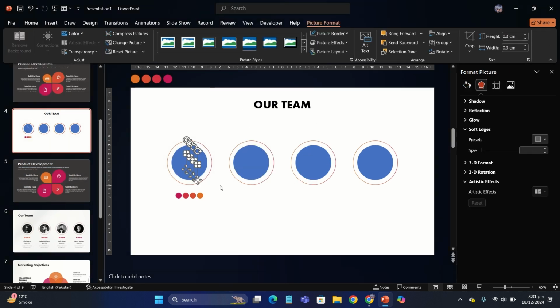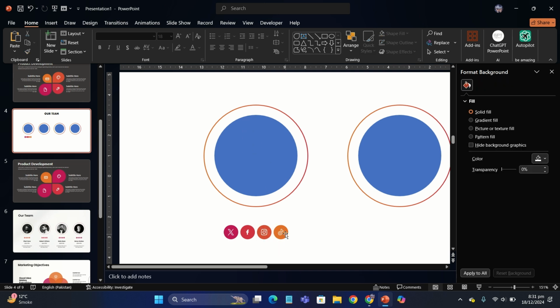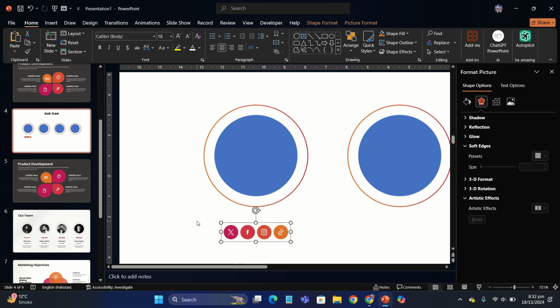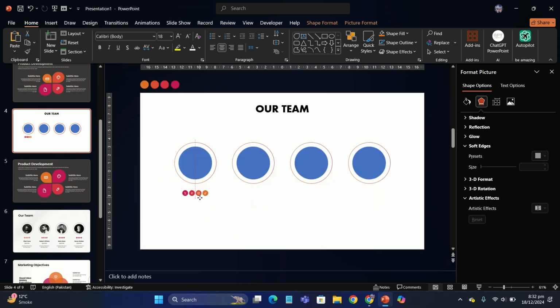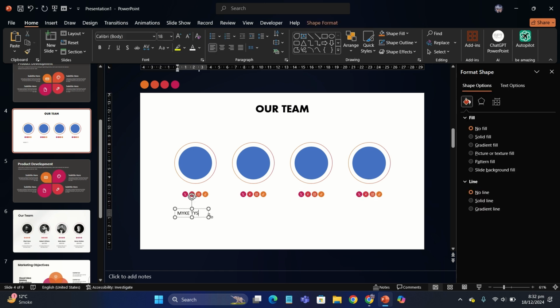Now let's insert some of the icons. And these icons are like the social media platforms. I'll put each of them in each of the specific circle. And next we're gonna put them right here, duplicate them and put each of them under each of the circle. Next, insert text box for the title and the subtitle that describes your